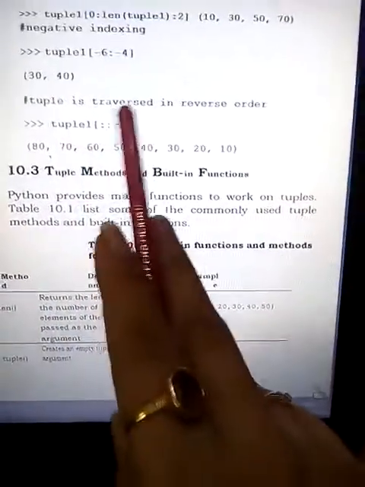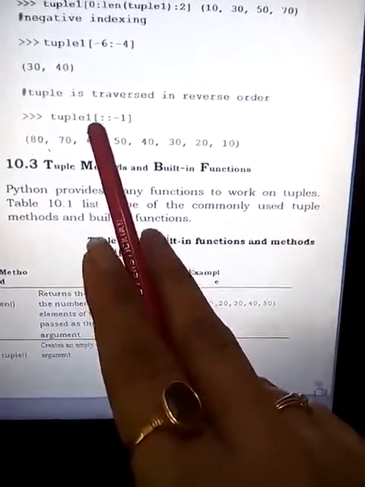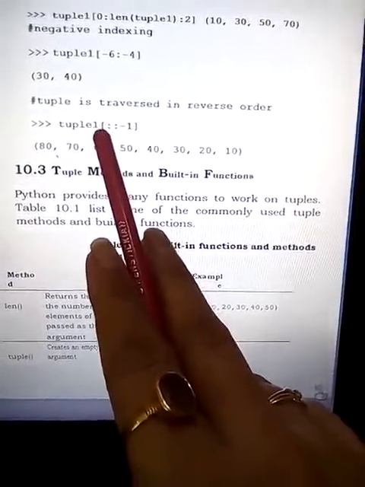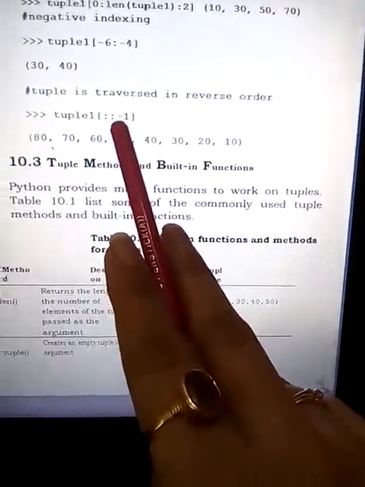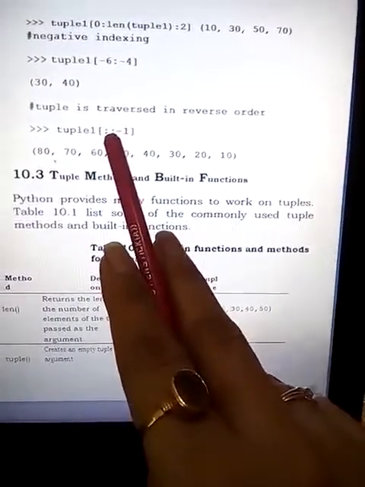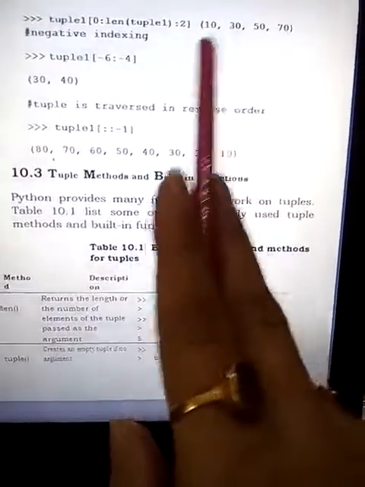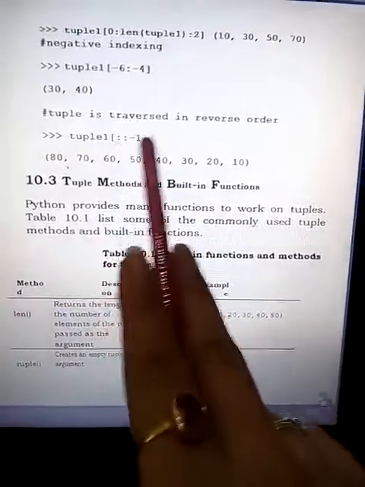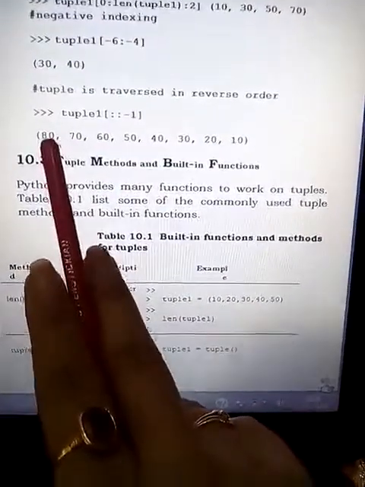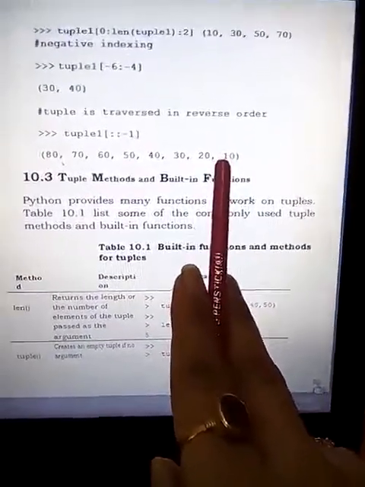So -1 is the indication of reversing the tuple, because if we don't pass any initial or last limits, and the stepping value is 1 or 2 or 3, whatever, if it's a positive number it would be simple slicing as we are doing, but its negative sign indicates that we have to do negative indexing. So starting from the last element 80 and going up to the 0th position, that is element 10, will be placed there.